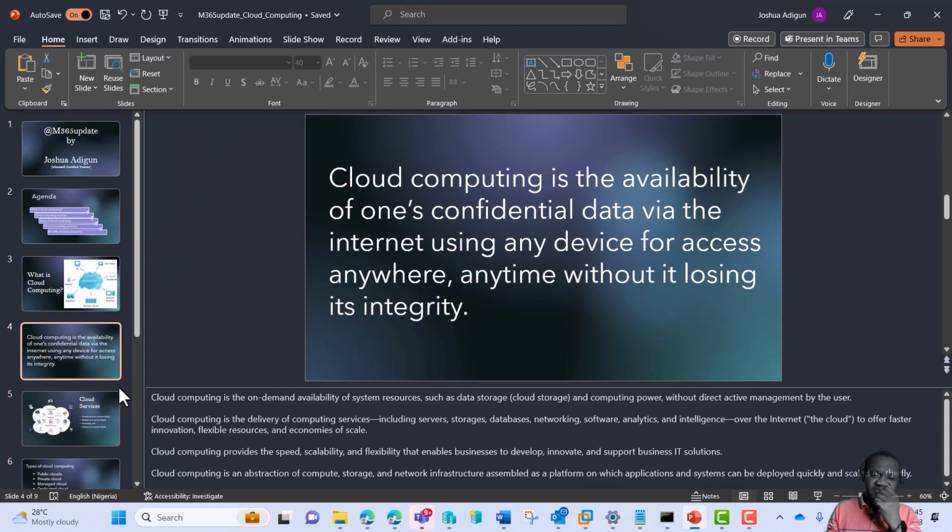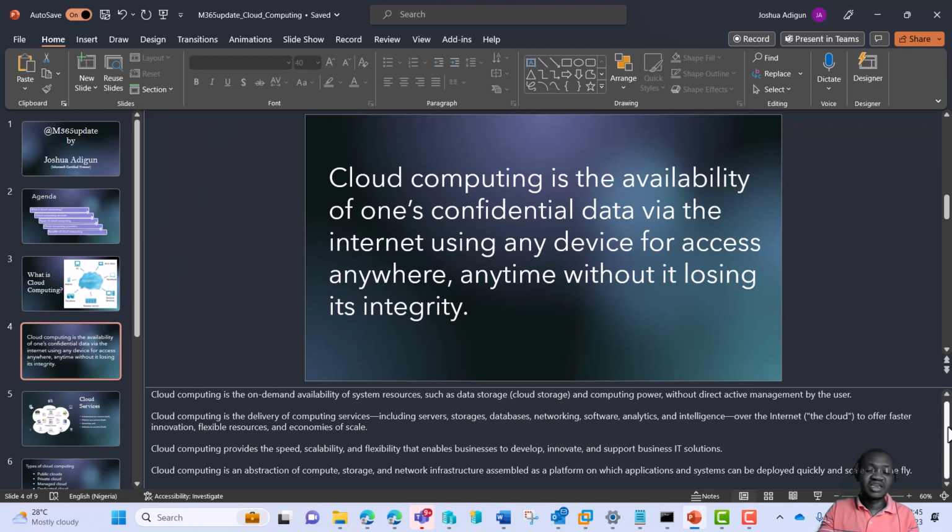It can also be defined as the delivery of computing services such as servers, storages, databases, networking, software, analytics, and even intelligence over the internet. Basically to offer faster innovation, flexible resources, and economies of scale.